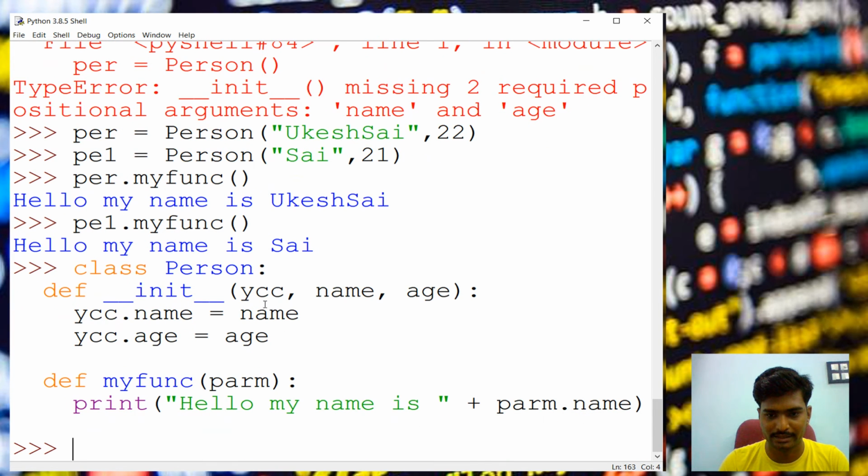It does not throw any error, because the first reference is taken as the self reference. You can give any variable name, it's a reference variable, and the same name has to be used inside. Whatever name you use, like param, this value is passed to the function internally by the class in Python. It's a reference name that can be used to get the attributes of the class. So it is not a must to use self, we can give anything, but the first parameter must be given with some variable name.